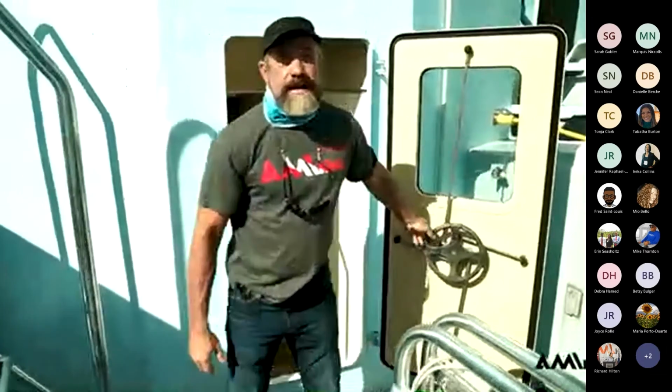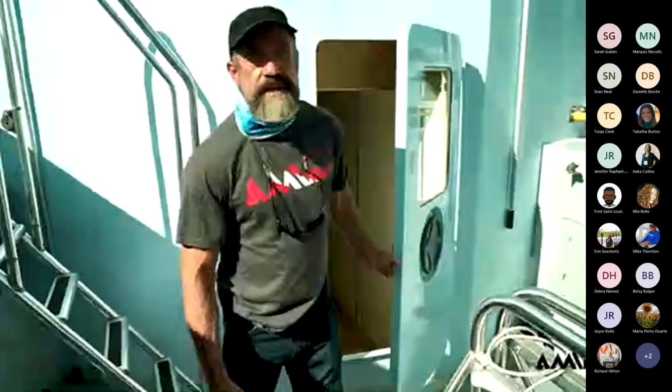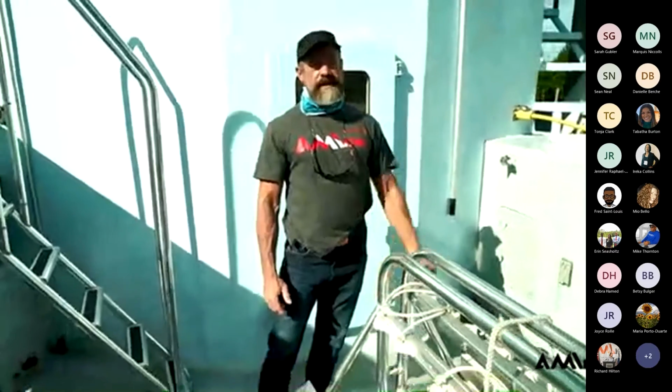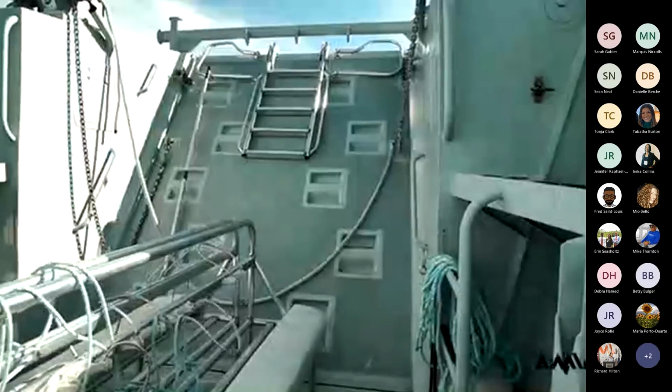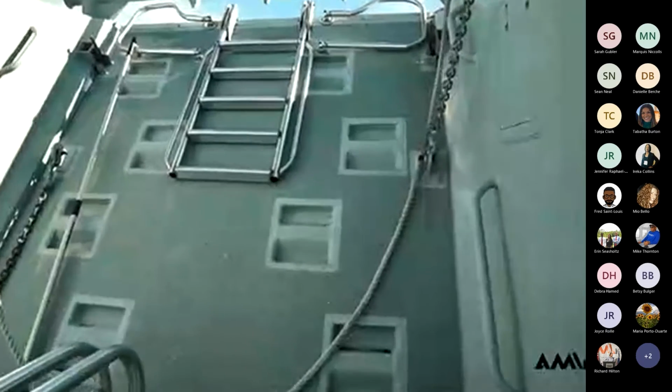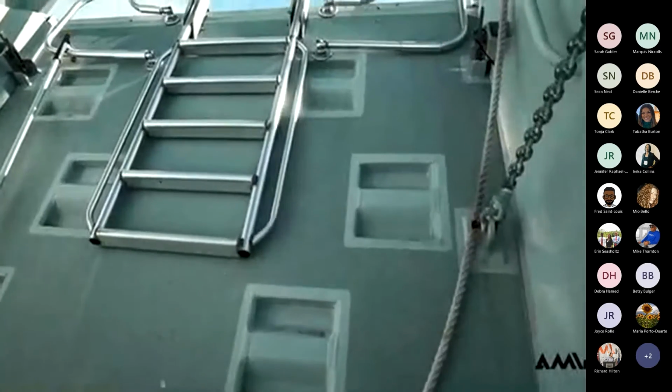So this is our well deck where we conduct most of our diving operations and portions of the floating classroom. One of the interesting features of the well deck is the forward gangway. The entire front of the boat drops down and allows people to go out and go ashore and do their diving and stuff.